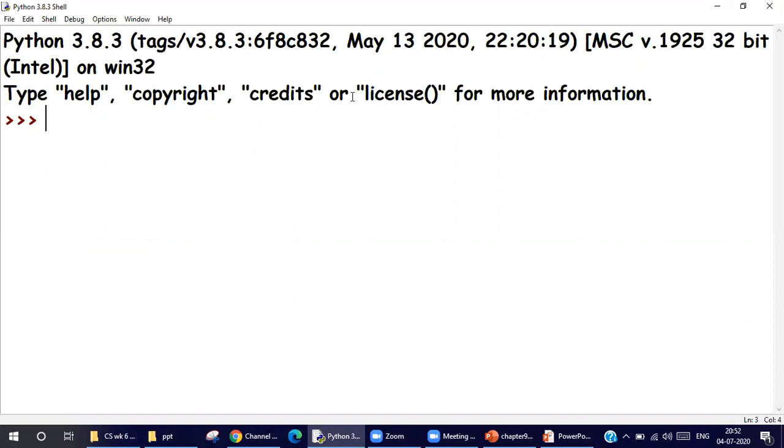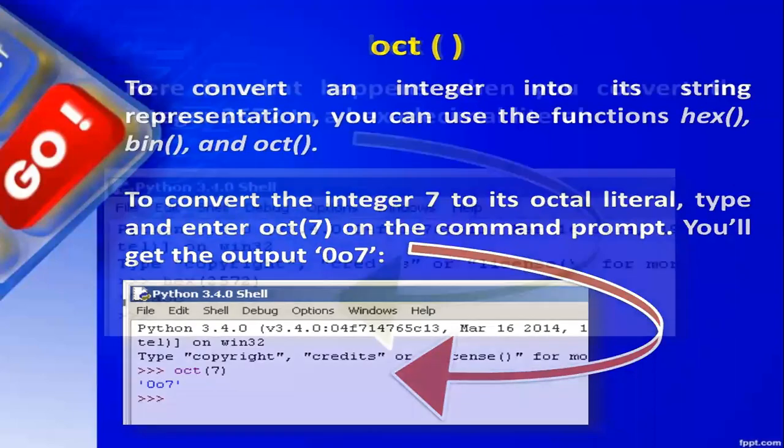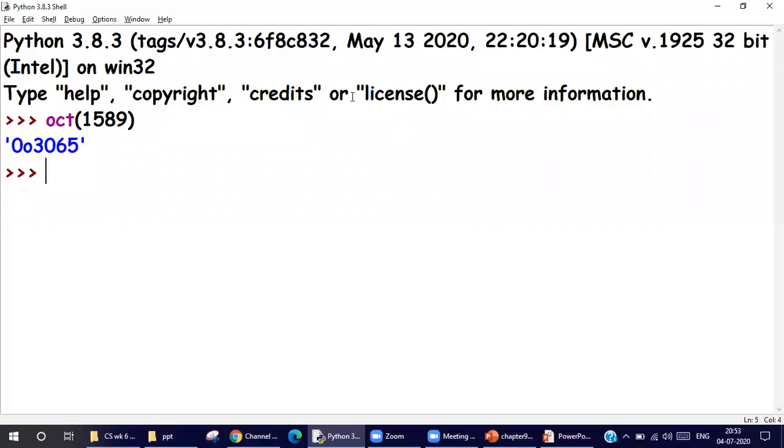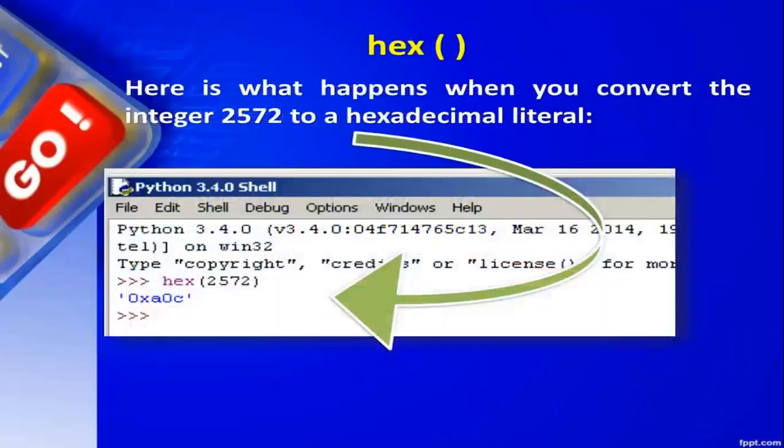So let's say oct. Let's see the octal number for 1589. Yes, you have to ignore the first two characters, 0o. You have to only look at 3065. Similarly, if you want the hexadecimal, you will say hex, 635.